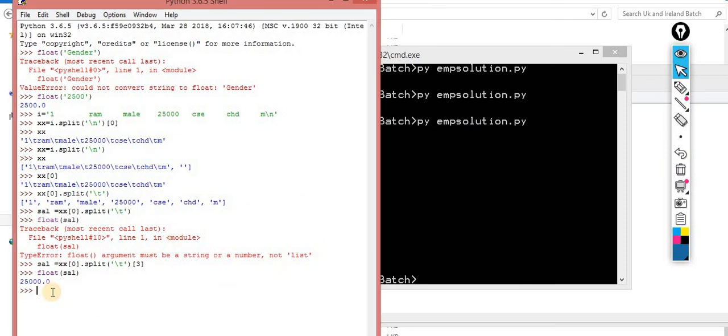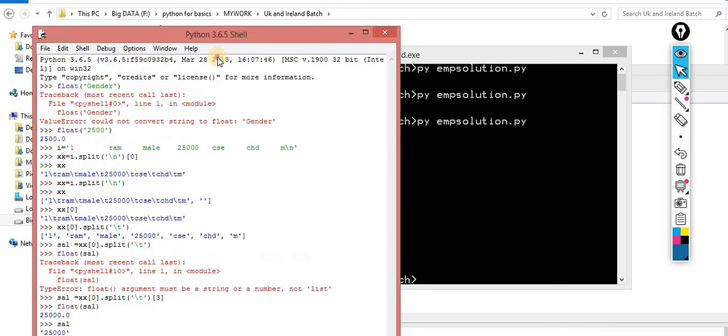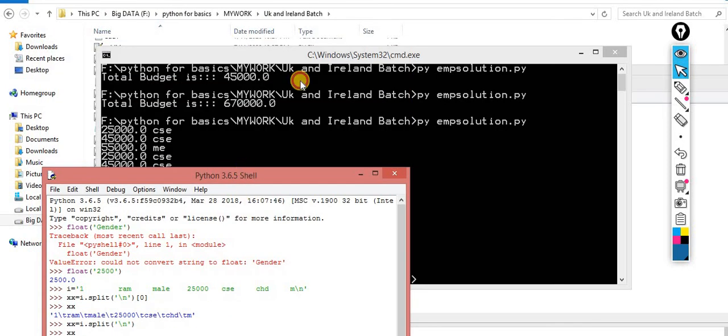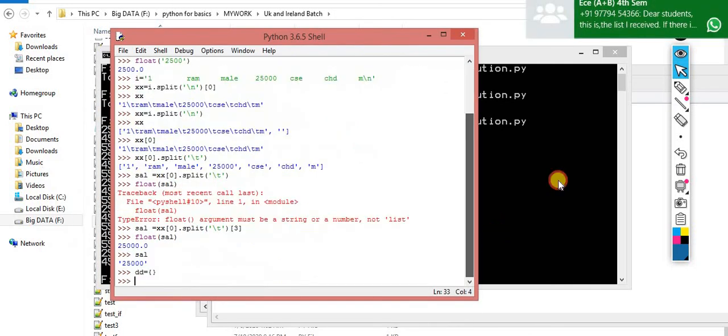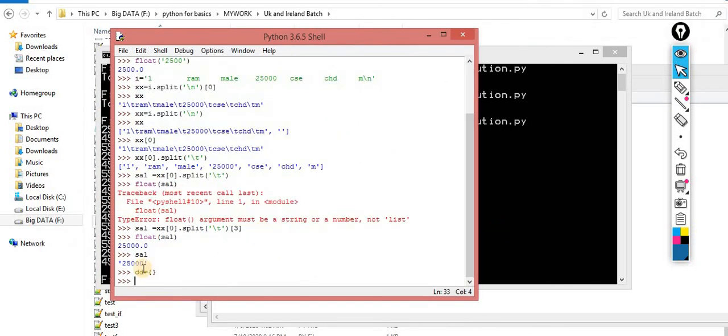So as we already discussed, we have salary, that is 25,000. Now understand it. I am taking this DD as an empty dictionary. Okay, first I have to check whether that key is present or not. So how can I check? We know a method, the method name is called get. Okay, get, let's suppose the first department is CSC.